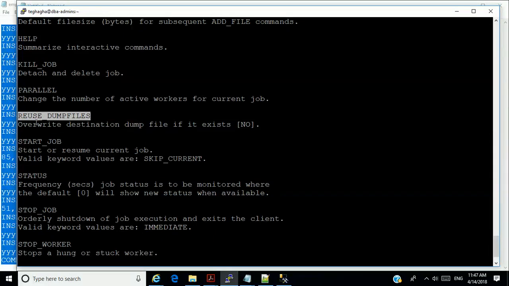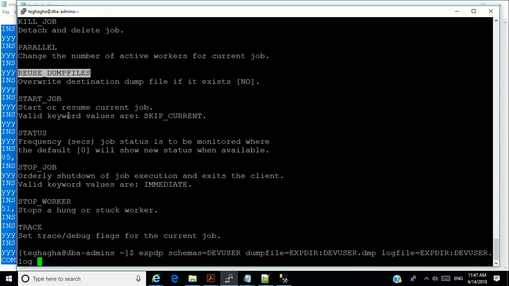The default for reuse underscore dumpfiles is no. That's why it didn't work for me. So I'm going to change that to yes, so that it's going to write over that file that we've already used.